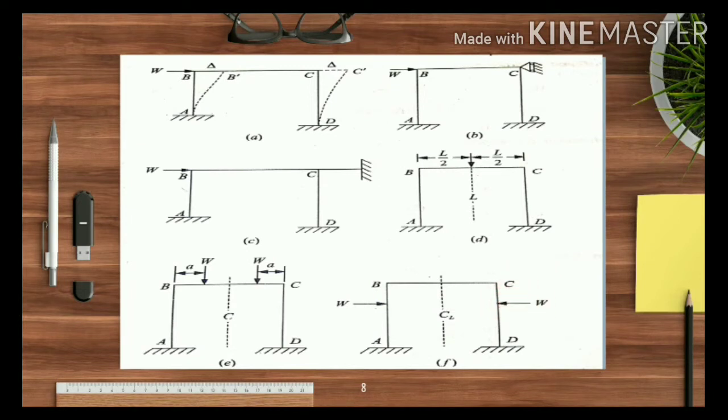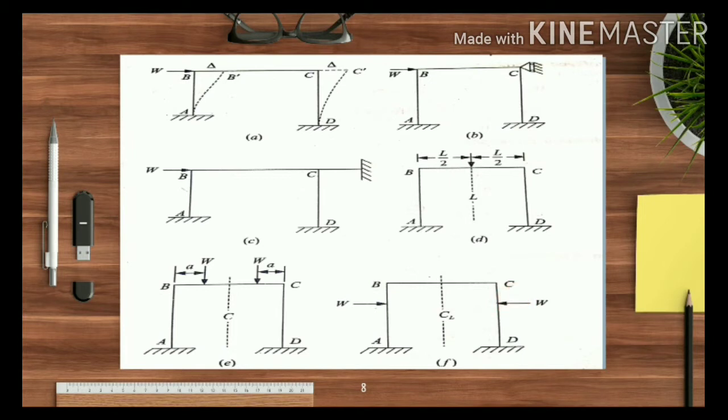So when we consider a section, it is symmetrical about the loading and geometry. The side sway due to this load W: since the horizontal load is acting on the member AB, there is a chance of side sway. So the side sway due to this load W will be resisted by the other load W. Since the magnitude of both loads is the same and they are acting in opposite directions, the side sway will be resisted by this opposing load. Hence this is also a non-sway frame.